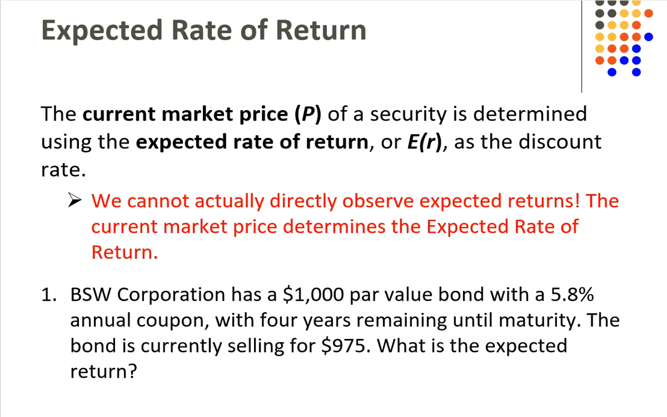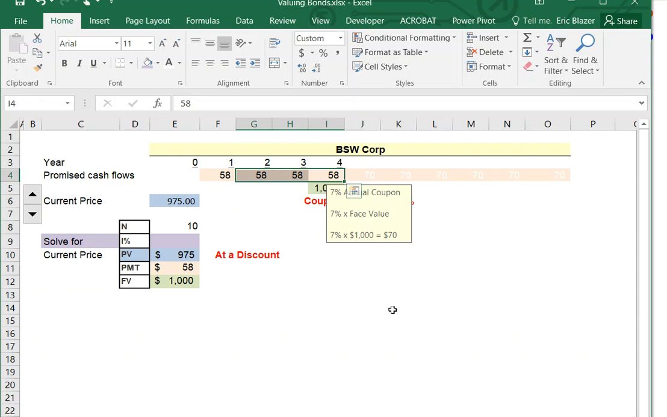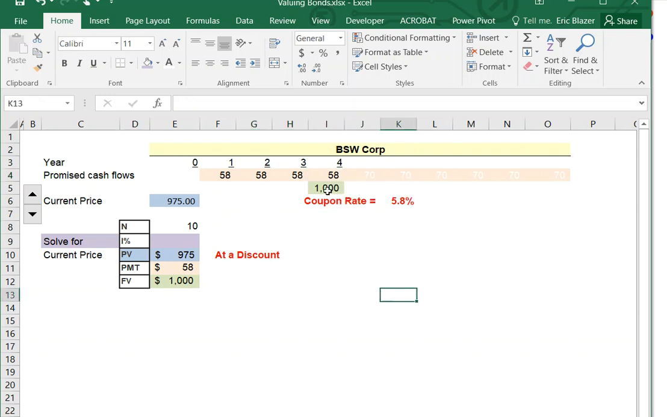So the BS Corporation has a $1,000 par value bond with a 5.8% annual coupon, 4 years until maturity, and it's currently selling for $975. What's the expected return? Let's take a look at the cash flows from this bond. A 5.8% coupon rate means the annual coupon on the bond will be $58 per year, and the bond matures